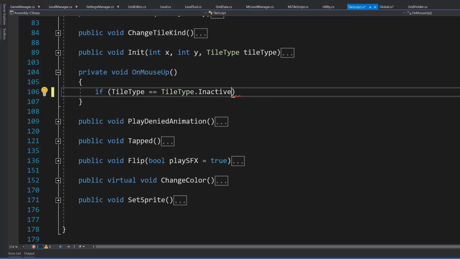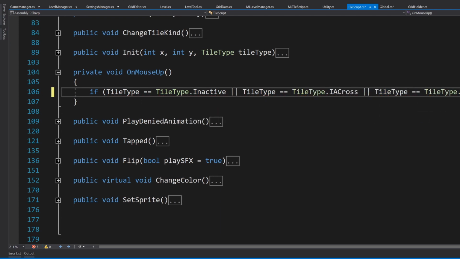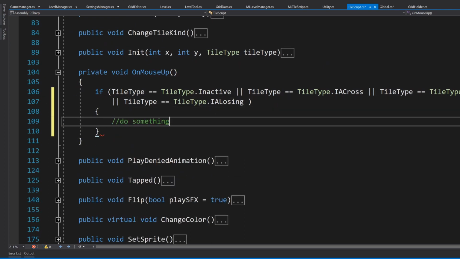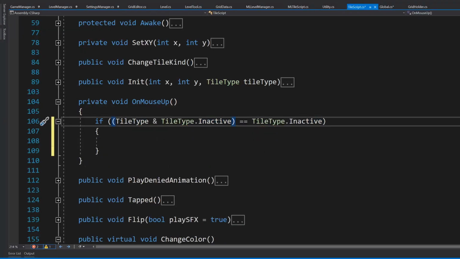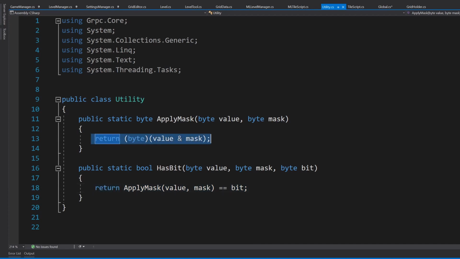So why go through all of this pain when I can just define more tile types? I had to list them out anyway, because if each tile was defined separately and I needed to check if a tile was inactive or active, I would have to check against all the inactive types in the enum. With this bit manipulation method, I don't have to check each enum type. All I have to do is check if the last bit is turned on. If it is, we know it's an inactive tile. Checking for singular bits is again done with bitwise operations. Once I check that one bit, I can carry out the operation depending if the condition is met.